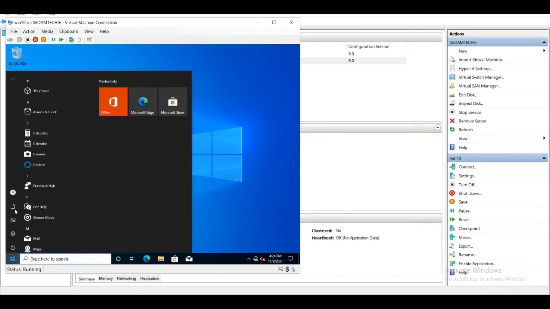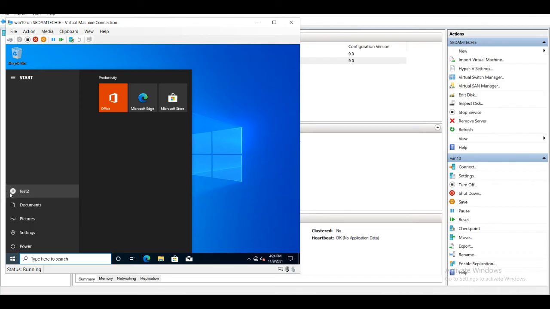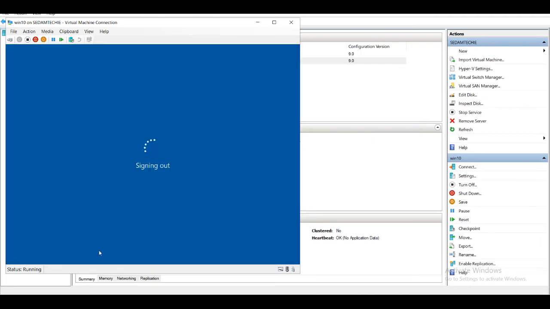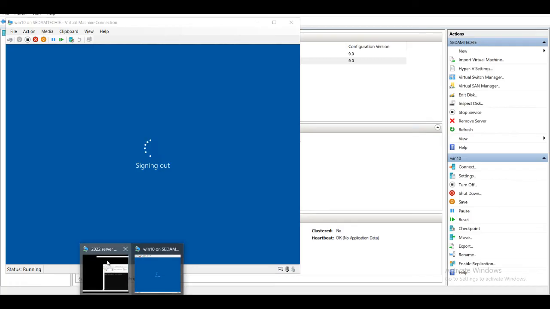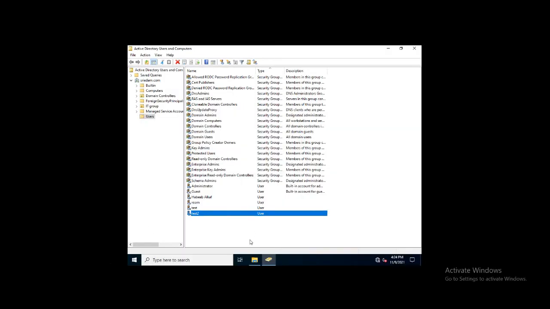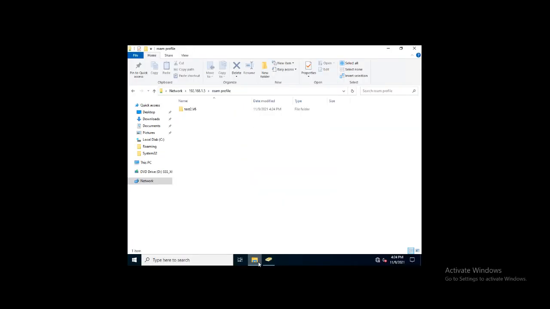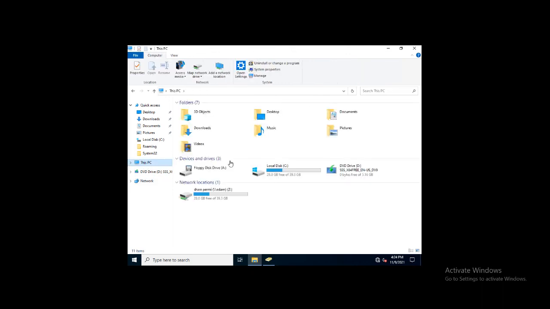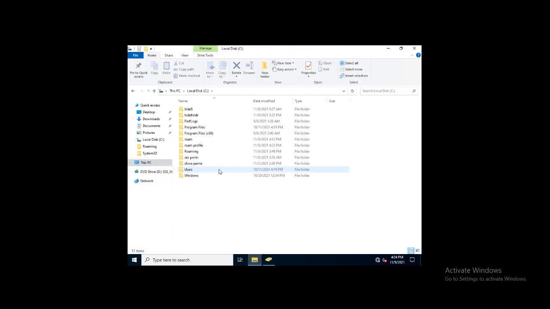Now log off, sign out. Now go to the server. Here, this is a folder, right? This PC, go to the C drive, roam profile.